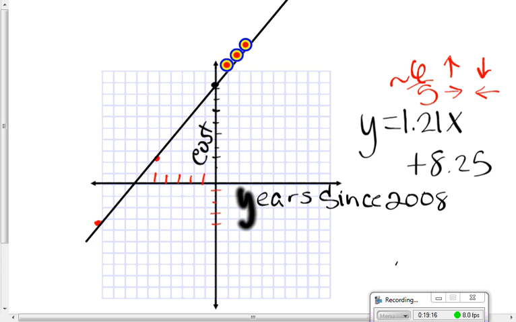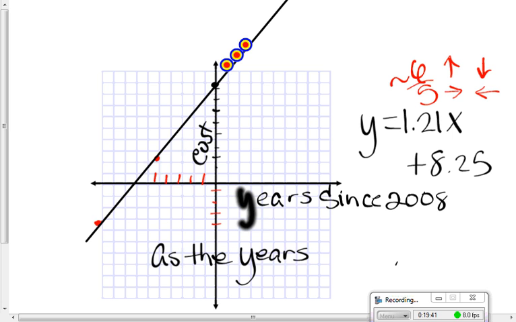Okay. And so what we're looking at is the meaning. Well, the meaning would be that as the years increase,